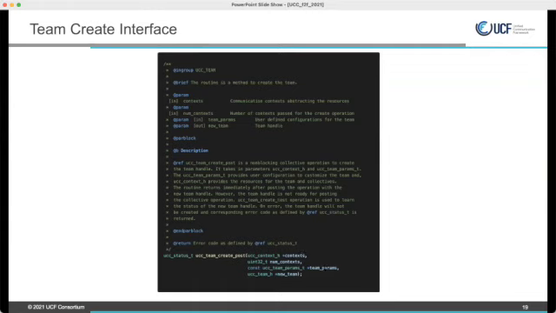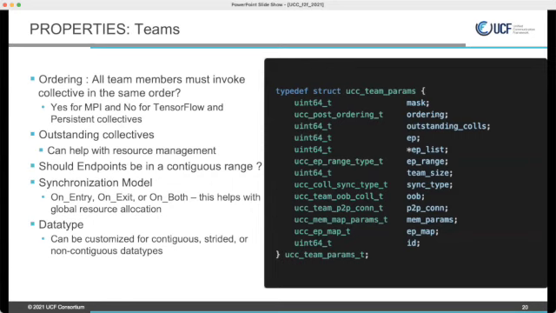So mask here says which of these fields are valid. For example, ordering, which says how the collectives are called. There is an ordered and unordered model if you're coming from an MPI world, right? Or for a given communicator, all the collectives are called in order. So that is how you express it here, but it's not necessary for all programming models. Outstanding calls here says that the user makes a certain kind of promise saying that there can only be so many outstanding collectives. This helps the library to manage the resources.